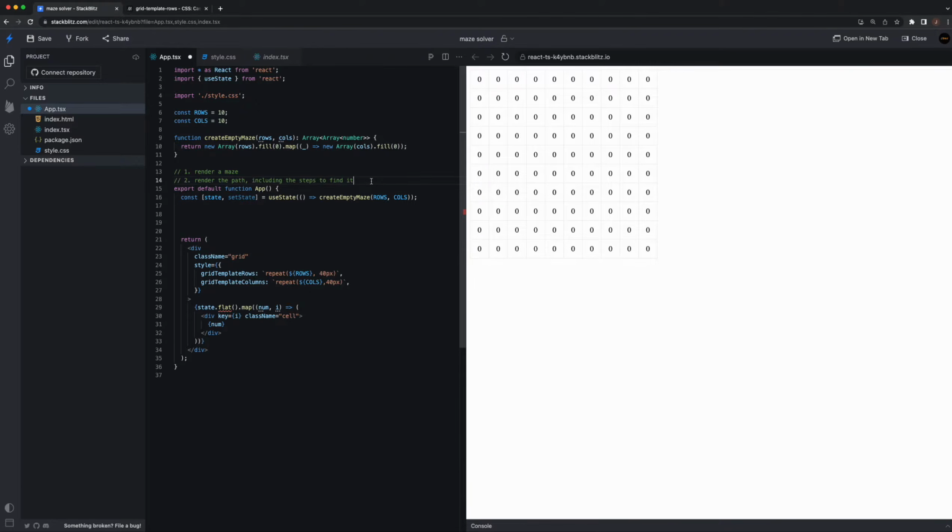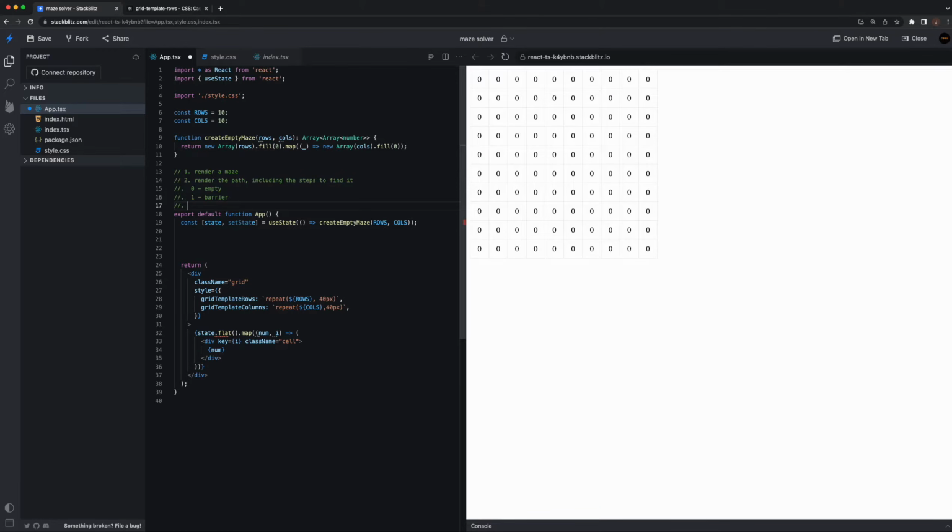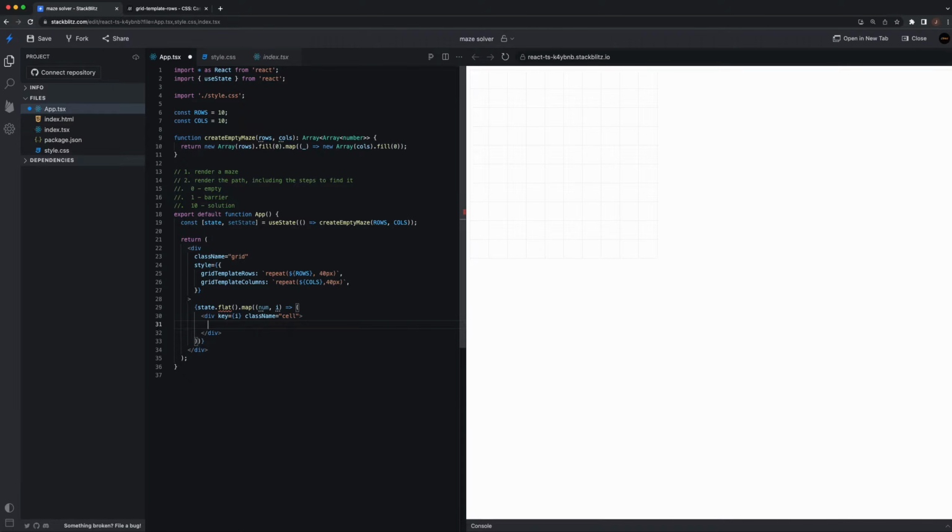Okay, so 0 is an empty cell, 1 is a barrier, and say 10 is the solution. Yeah, so do it like this. So if it is 0, we render nothing, but if it is a barrier